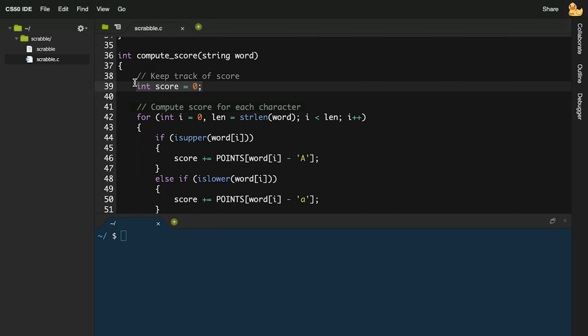As we add up all of those results, it's going to be helpful to have some variable that's keeping track of the score so far. And so that's the first thing that we do inside this compute score function. We have an integer called score equal to 0, and that variable is going to keep track of the score for the current word. Now what we need to do is loop over the entire word, looking at each character